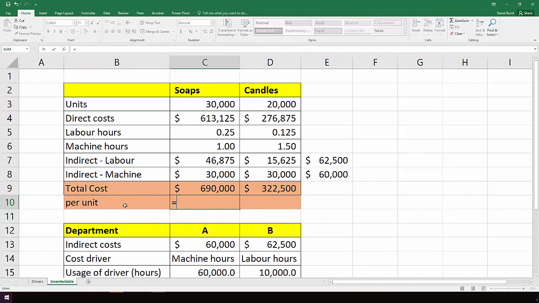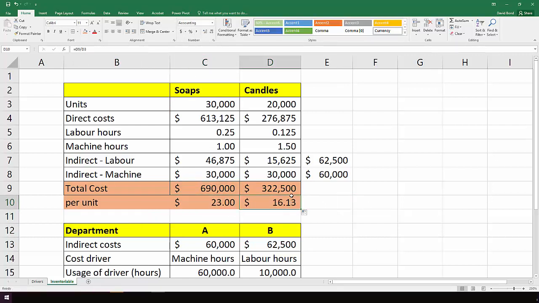per unit. 690 divided by 30,000 gives you $23 per unit, and 322,500 divided by 20,000 gives you $16.13 per unit. And what we have then is the inventoriable product cost per unit, and that's what we use, from an accounting point of view, to enter into the accounting system as that cost per